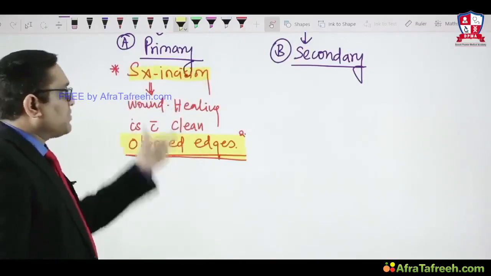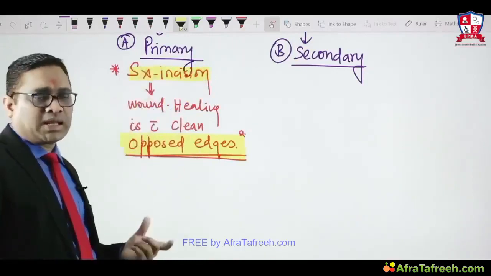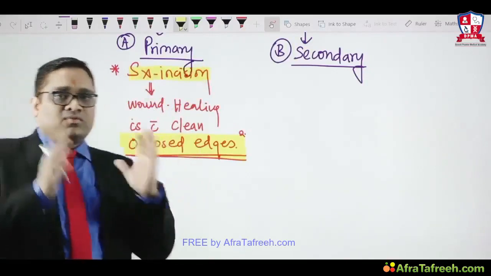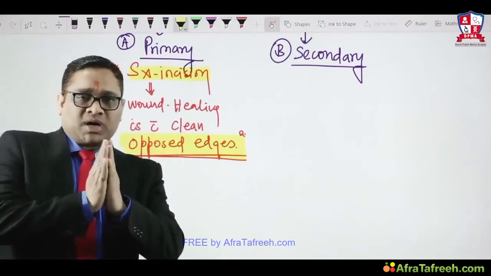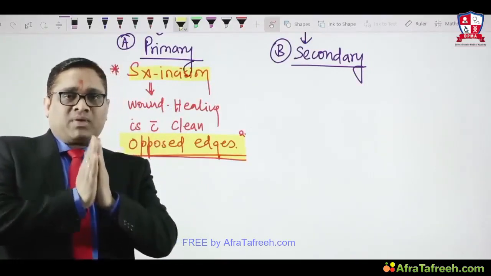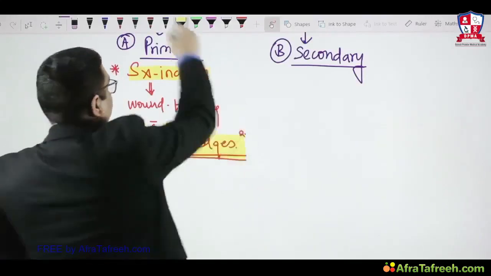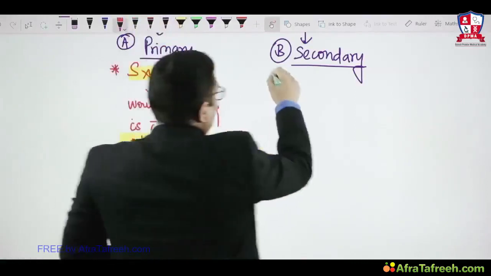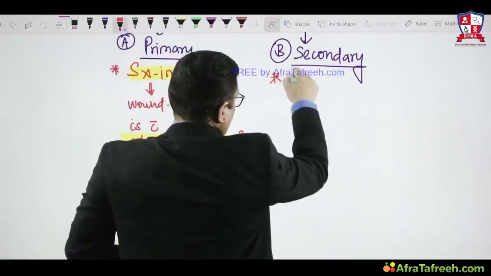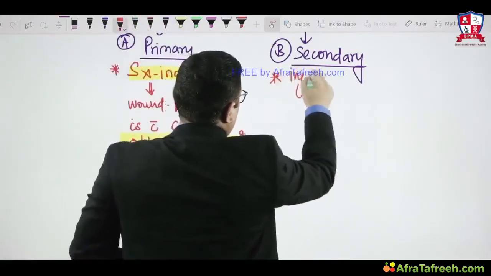Surgical incision will be having which type of healing? Primary wound healing. What is primary wound healing? When a wound is healing with clear-cut opposed margins and there is no gap between them, that is called primary wound healing. Secondary wound healing will be seen in those areas where you will be seeing injury or trauma is